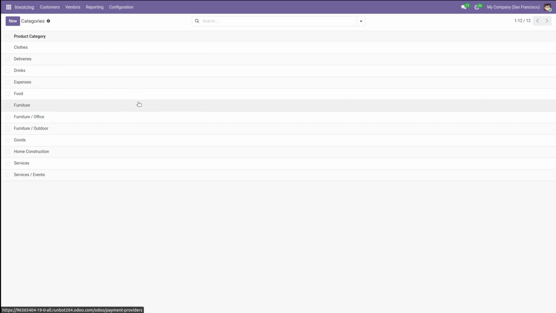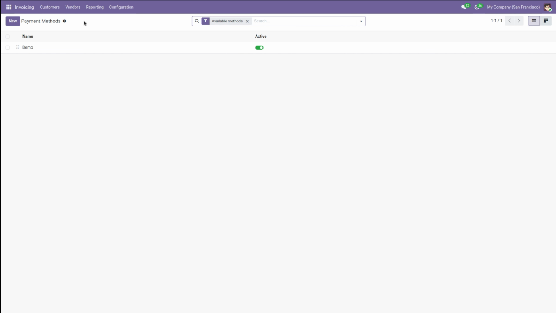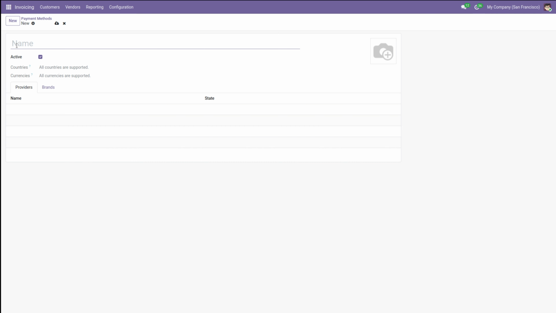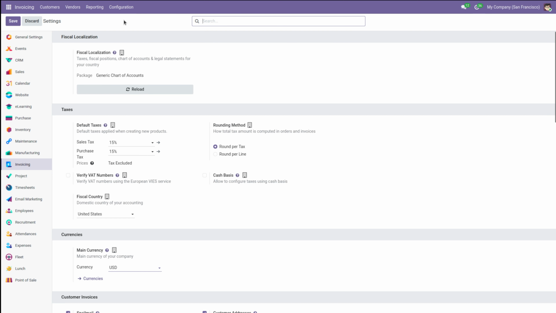Then you have the payment providers. These are the different payment providers that you have, and you can see all of those providers under a single roof. Then finally, we have the payment methods. These are the different methods. You can create new methods by clicking on New, specify the name, and then put the provider under the payment method. And finally, last but not least, we have the configuration settings, under which we have the fiscal localization,